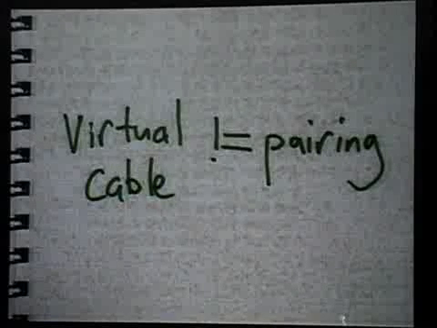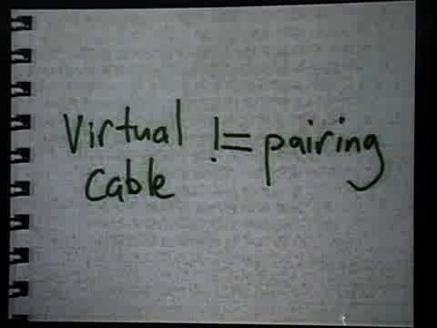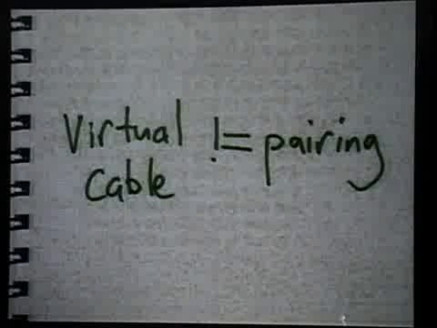You might be familiar with pairing from other Bluetooth devices that you've used, where it uses some kind of a PIN. And the result of pairing is a link key, which is a shared secret between the two devices that can then be used for authentication and encryption down the road. Many times when you virtually cable HID devices to a host, you are pairing and virtually cabling at the same time,